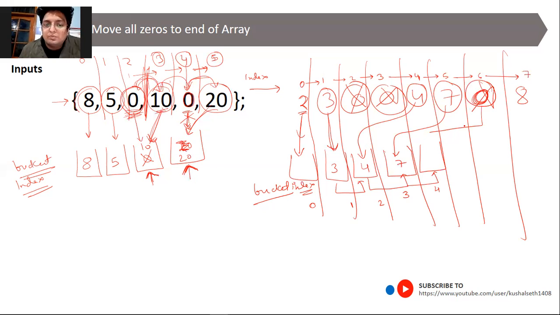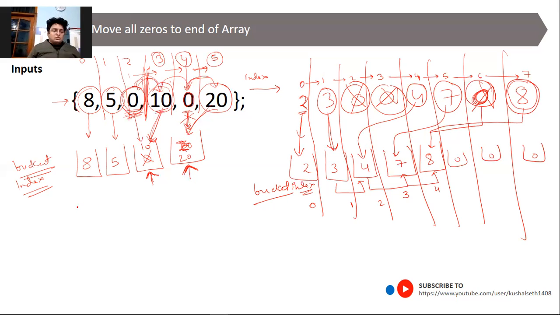We could have put it, but as of now we will not put. Now since my 8 is the last, we'll put the 8 here, and all the rest, my zeros, would be here.